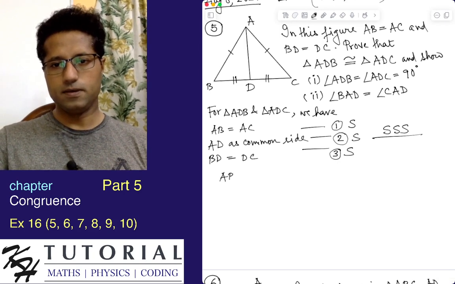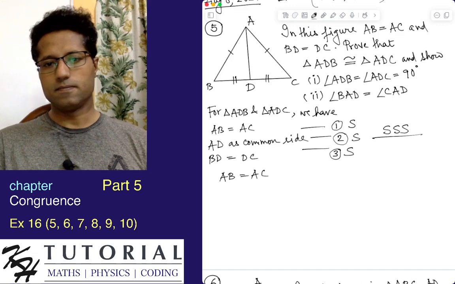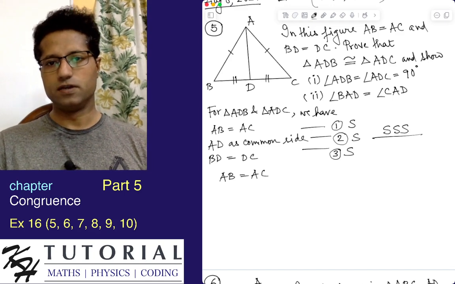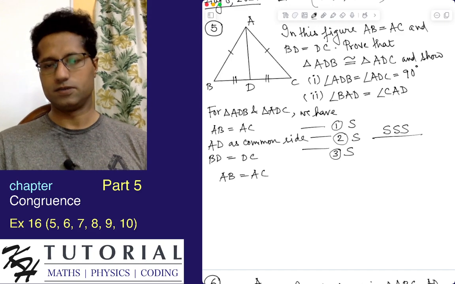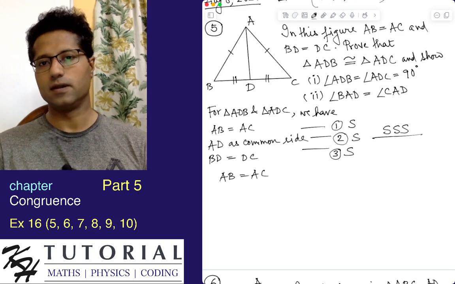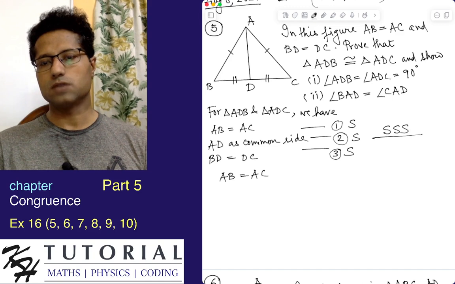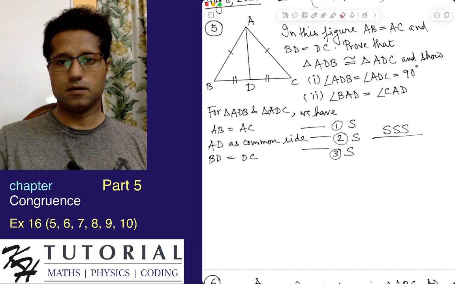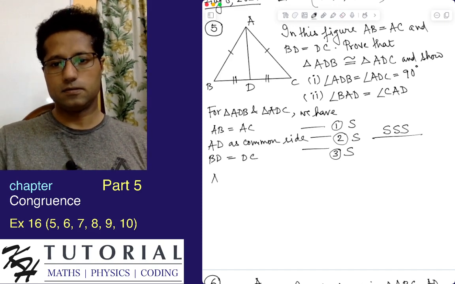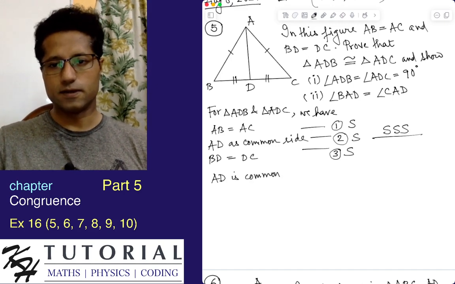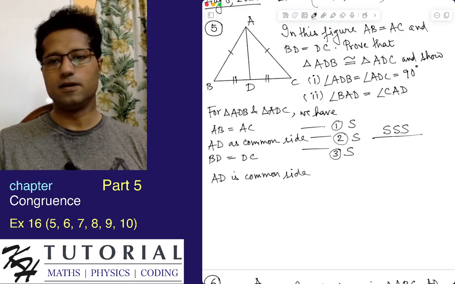We have AB equals AC, and now note one thing: if there is a common side between 2 triangles and we have established a congruency between them, then the endpoints of the common side will be the corresponding vertices. Since AD is a common side,